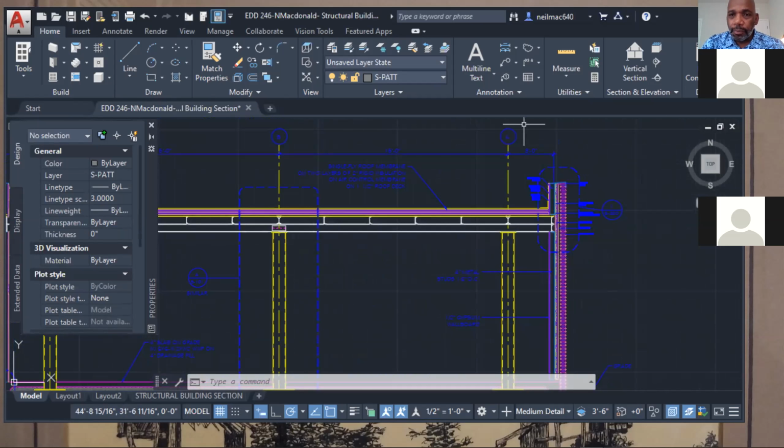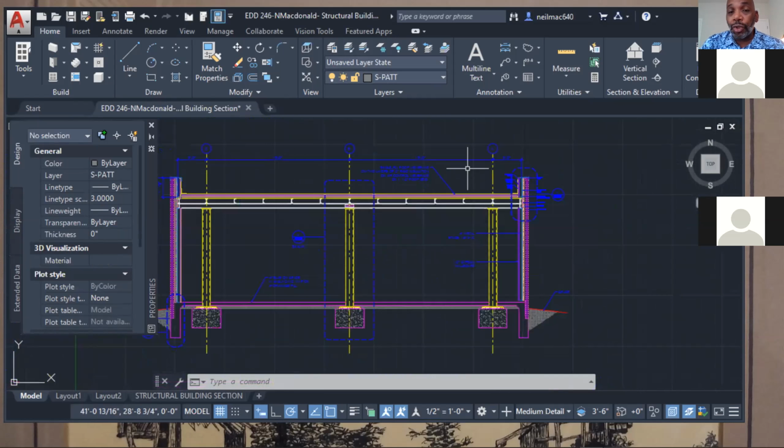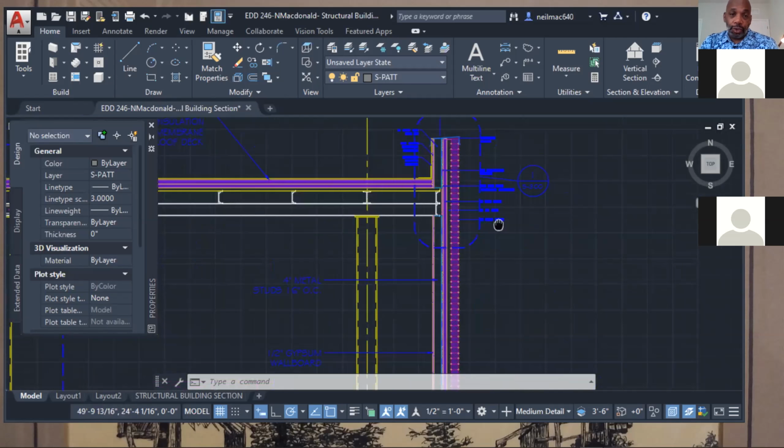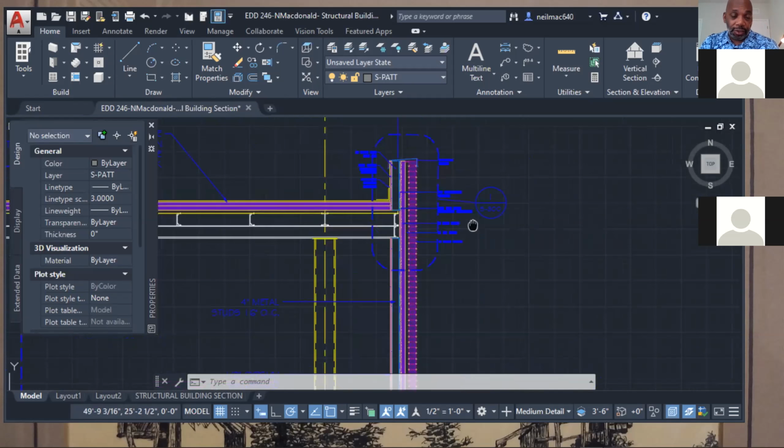For your layers, I can just turn the layer off on that. I understand. But you don't care in model space unless you send a person your model space drawing, which you never do. You always send,